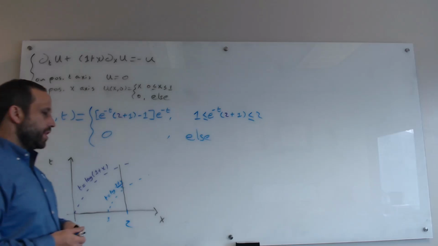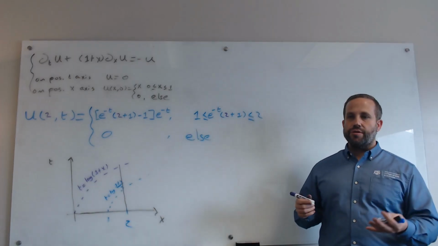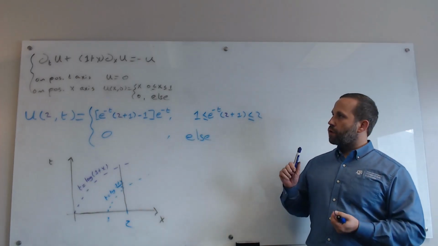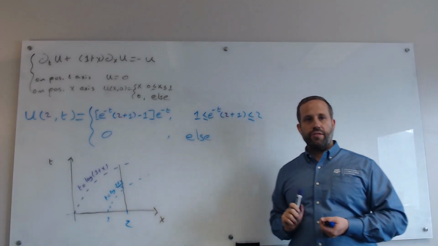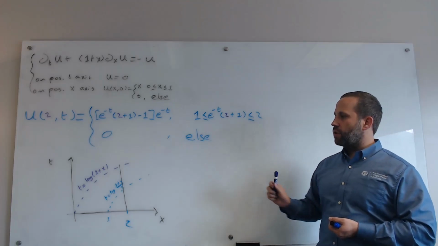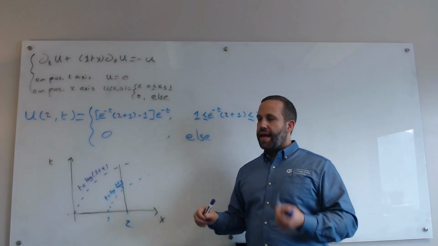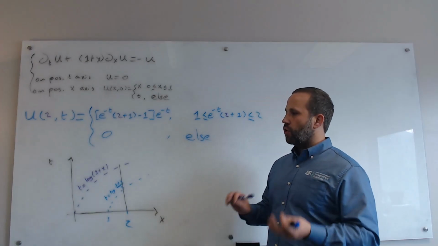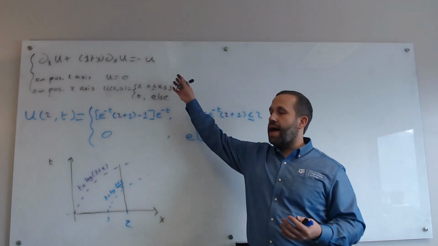If you remember the theorem that we talked about, the existence uniqueness theorem, it said we're supposed to have continuously differentiable solutions. But remember, that's only if our initial data is continuously differentiable. Since our initial data is not continuously differentiable, then our solution is not going to be continuously differentiable. In general, the solutions are only going to be as regular, that is as continuous, differentiable, whatever, as the data